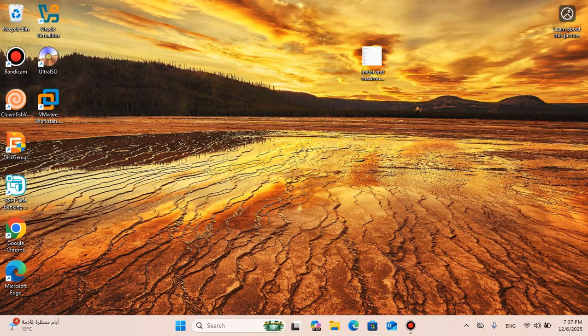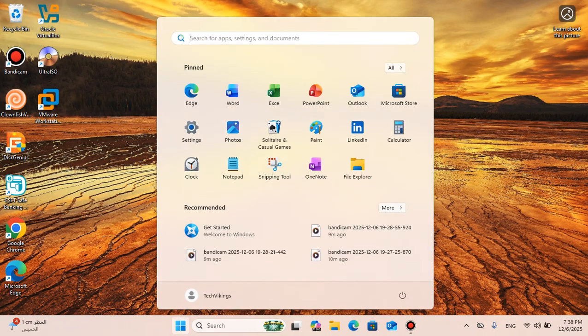In this tutorial I will teach you how to increase your RAM without spending any money. So we will increase your RAM not physically, it will be virtually. So follow me. Now we will go to settings,